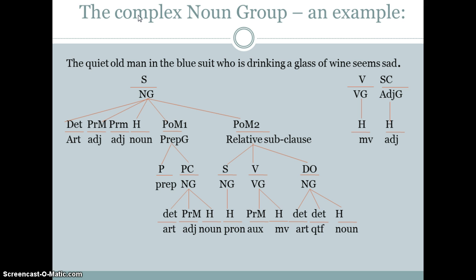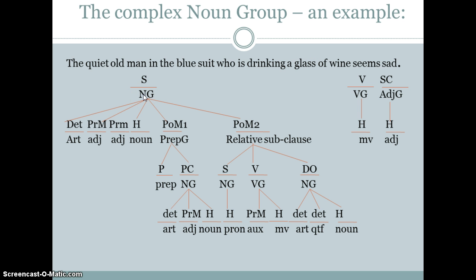Here we have a complex noun group. It's complex since the noun group consists of more than one element. To analyze this sentence, we first have to find the verbal. We ask with I or he. Seems is the answer, and seems is then the verbal. What seems, that would be the subject, and the subject consists of all of this, which is a very long